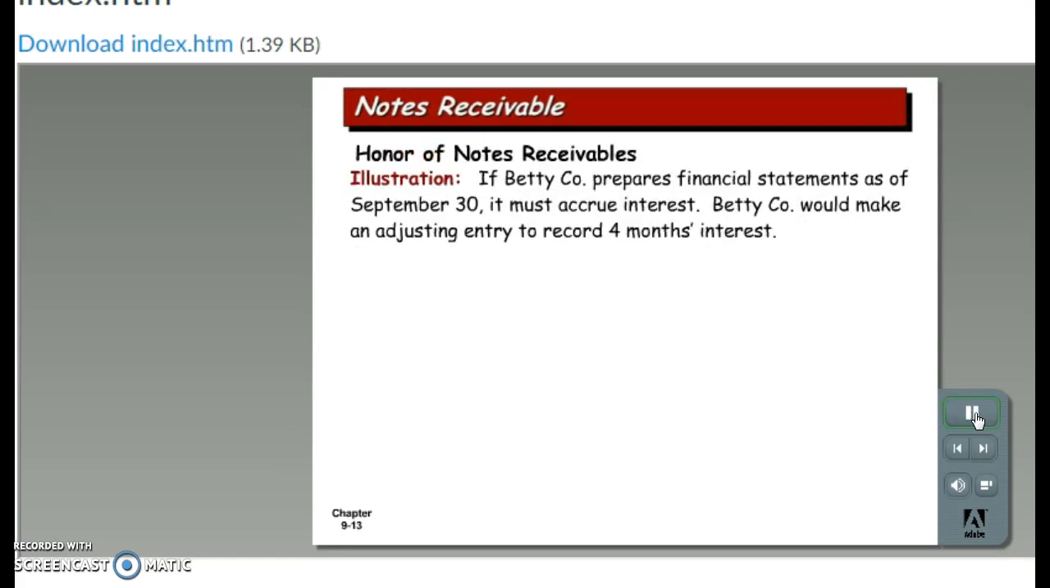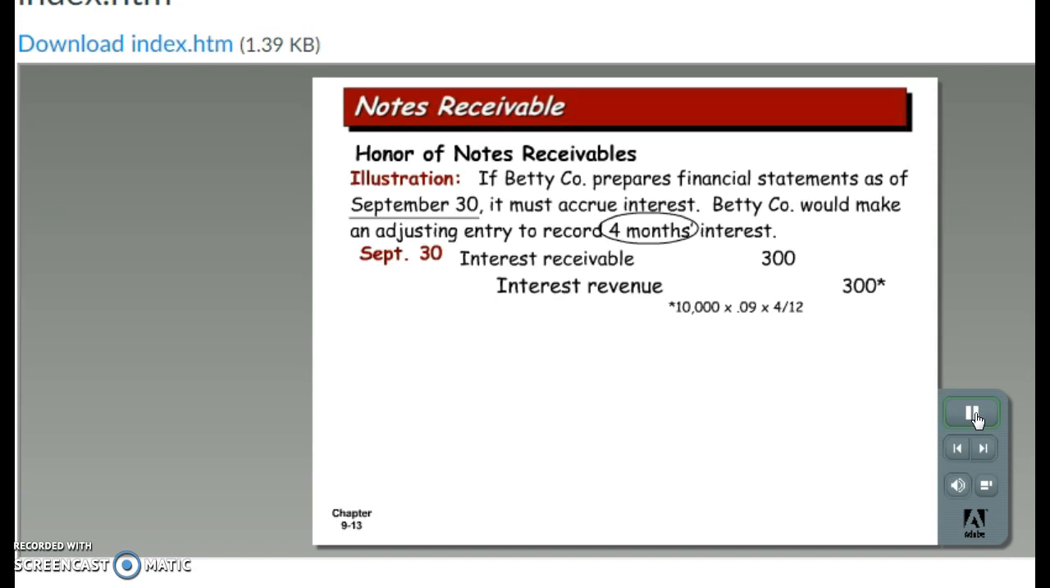Assume the same facts on the note receivable as on the last slide, except that the company prepares financial statements on September 30th. 4 months of interest, June through September, needs to be recorded on September 30th. The entry is to increase or debit the interest receivable and record interest revenue as a credit. The interest amount, $300, is calculated by face value of $10,000 multiplied by the 9% interest rate multiplied by 4